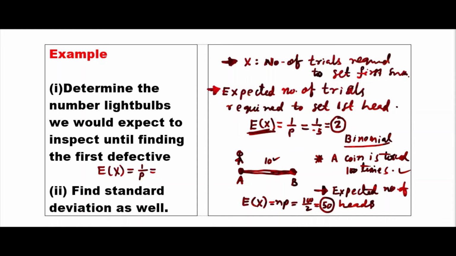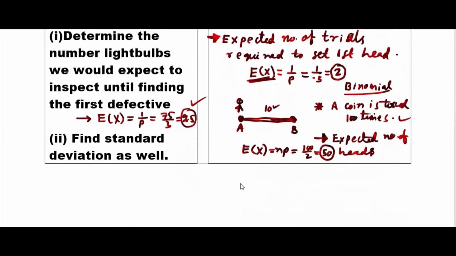And P, you remember, P was 3 upon 75. So this will be 75 divided by 3, 25. That means if you go on checking, you will expect that on the 25th trial you will catch one defective, because if you think logically, in 75 you get 3 defectives. So you will expect to get the first one in the 25th. Maybe someday you will get it on the 30th trial, someday you will get it in the first trial. But yeah, you will expect to get the first defective on the 25th trial. Logically you can think this way.